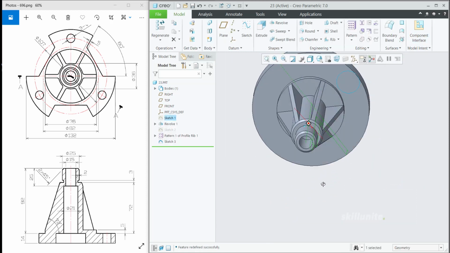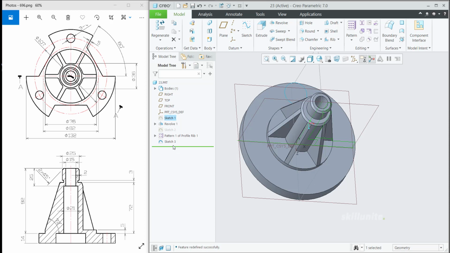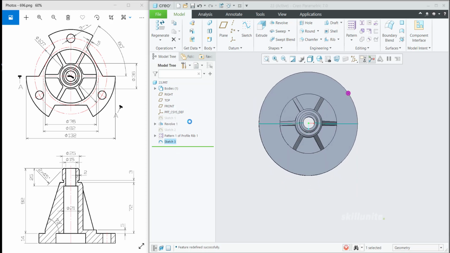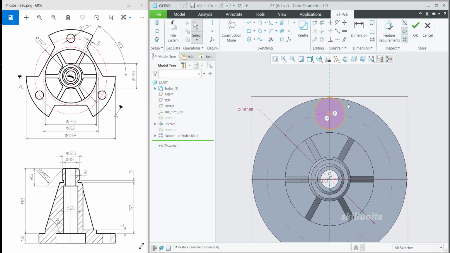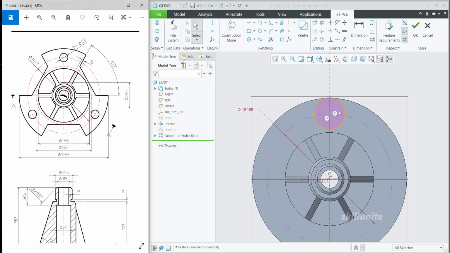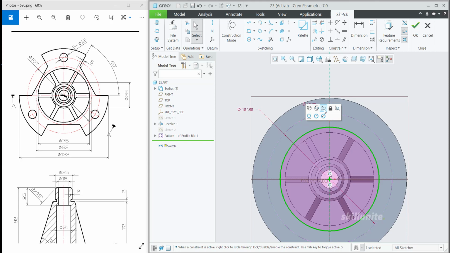So now this is the exact shape we require, we have created. So now go to this hole creation option. So now it is coming exactly on this PCD, and the diameter of this hole is 12. So mention that as well. So once this is defined, we need to create this cutout. For creating that cutout, we need to create a line. So that line is tangentially connecting. So for that also we need to create a reference circle. So convert that into reference. So then give the dimension of it. So that is having a diameter of 82.